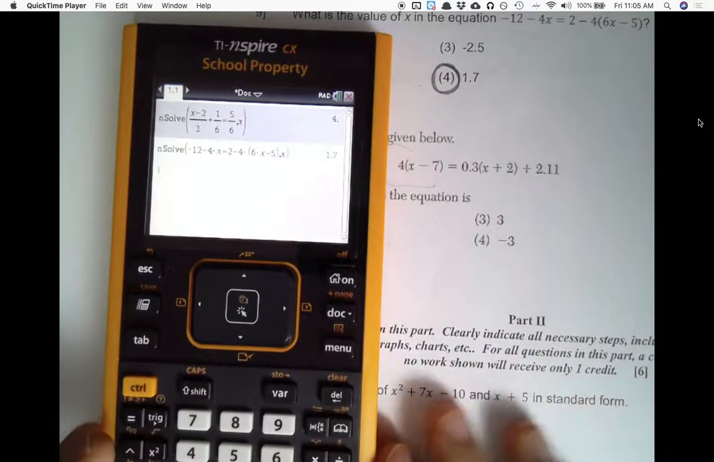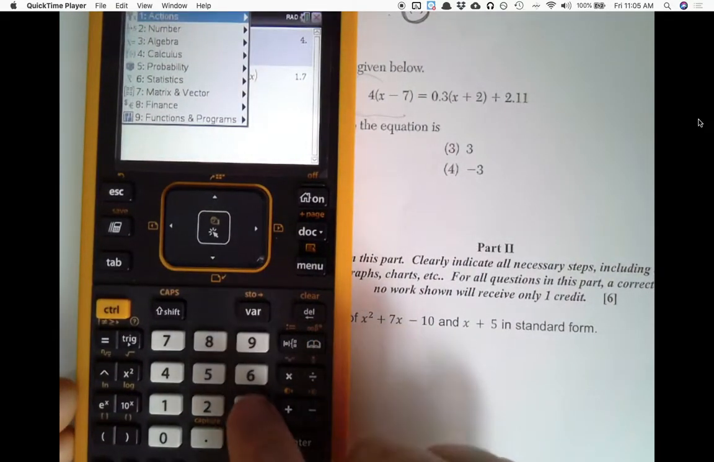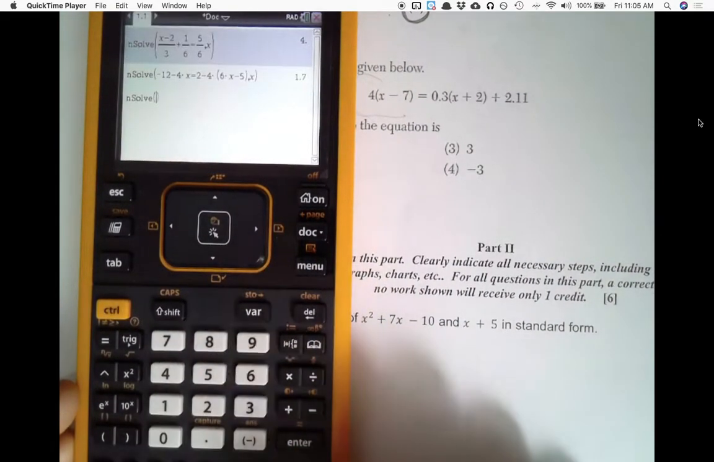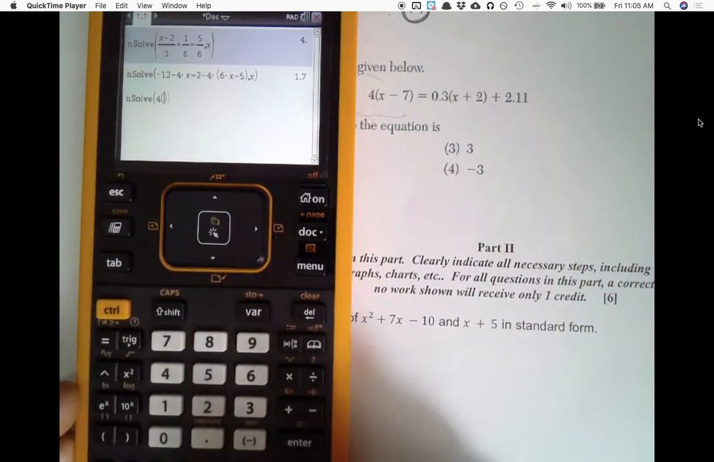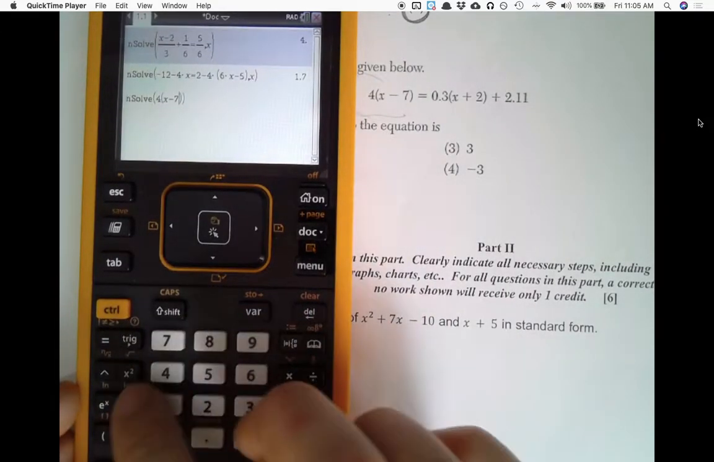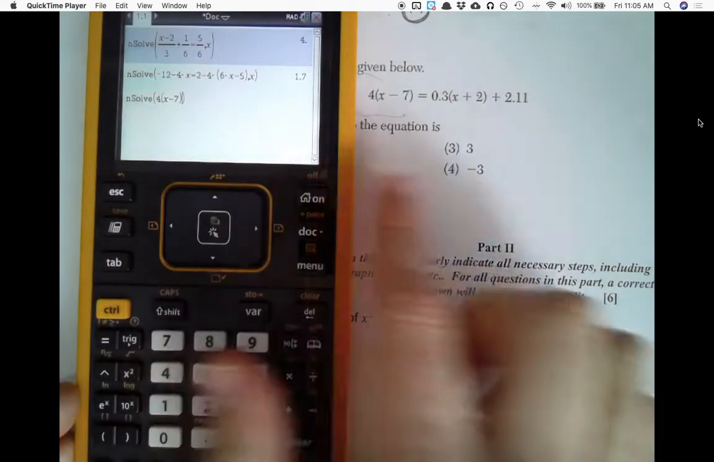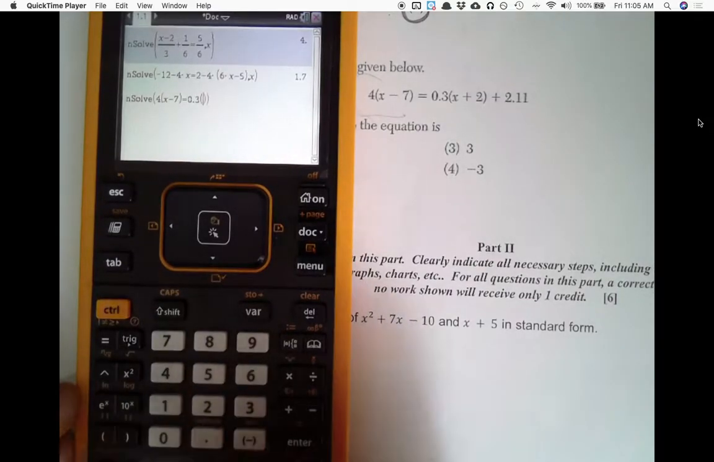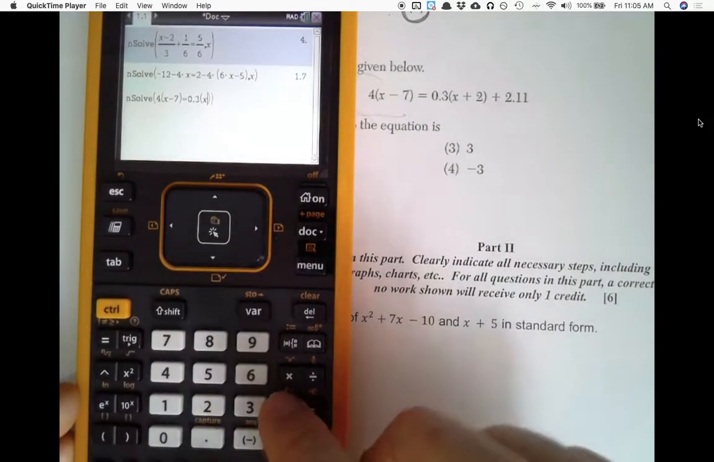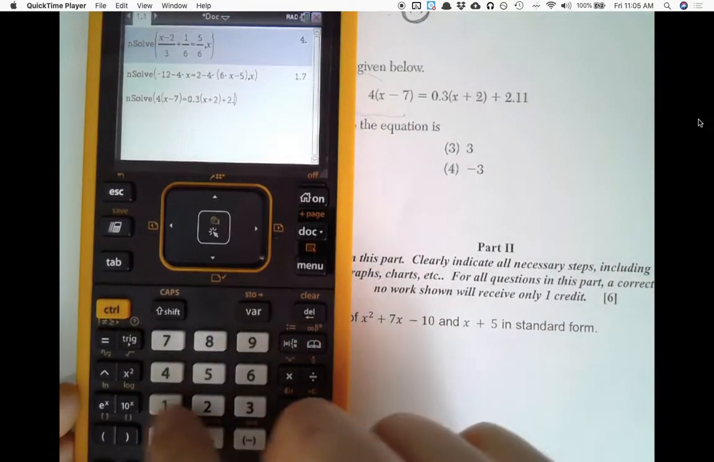So one last time: menu, algebra, 3 for algebra, 1 for numerical solve. I've got the nSolve. I'll plug the equation in: 4, open parentheses, x minus 7, close those parentheses. Stay inside the nSolve though. Hit equals